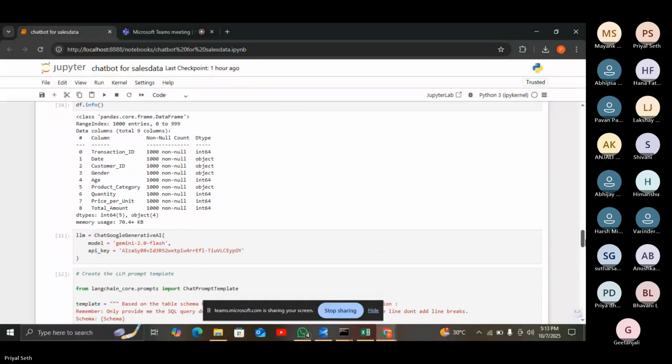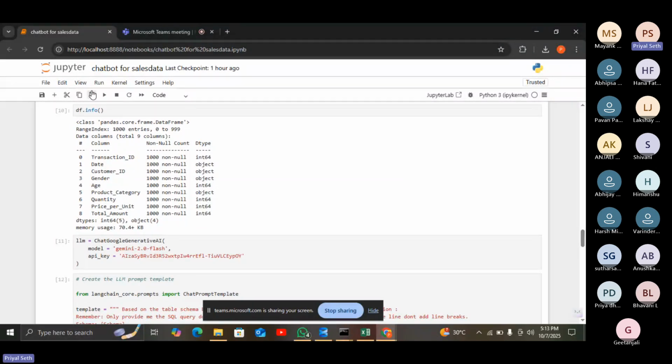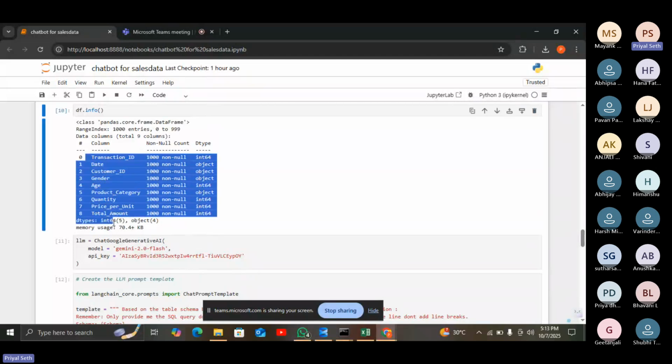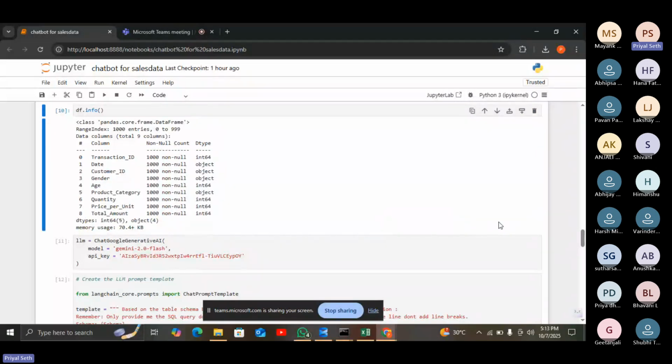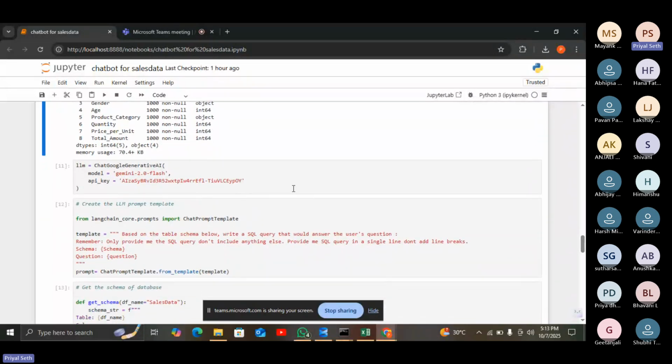Then I've used info to see all the important information about my data set. It has nine columns, as I have told you, with all these column names and everything about the data. After that, I've created an LLM variable. Like I will ask in the chatbot for sales data, for this project I have created an LLM variable which is